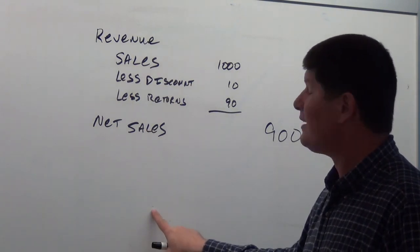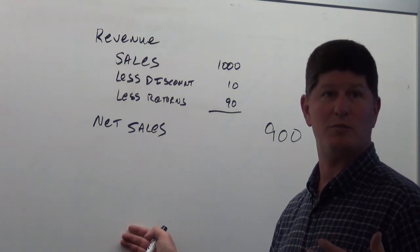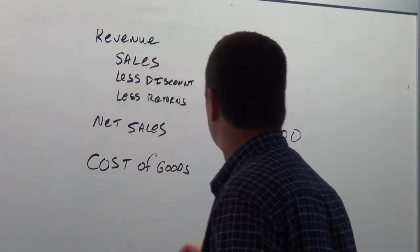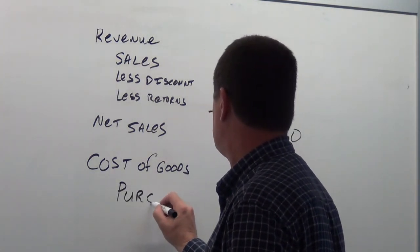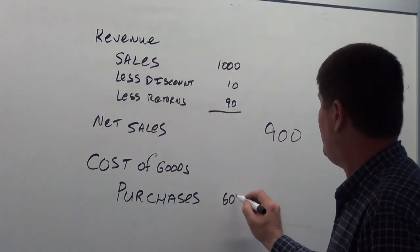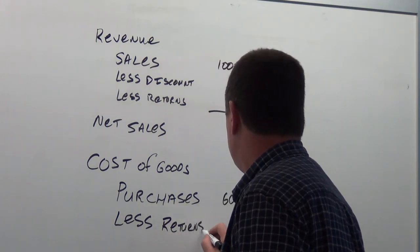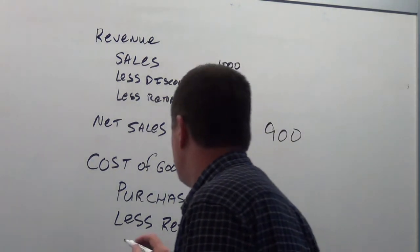Now what we're doing is the next step in this is normally expenses, correct? But our first expense group now becomes cost of goods sold. And under cost of goods sold, we have purchases. Say our purchases were $600, and we've got less returns, and say the returns were $50, and that gives us